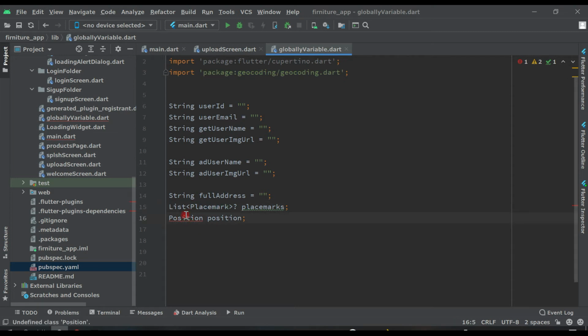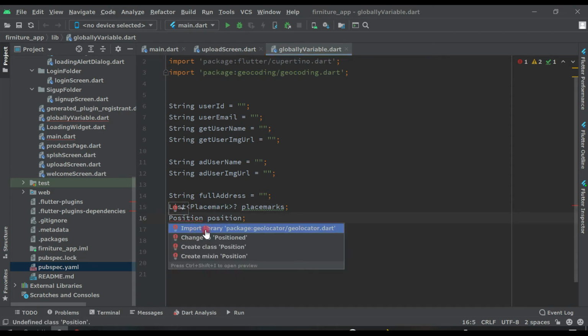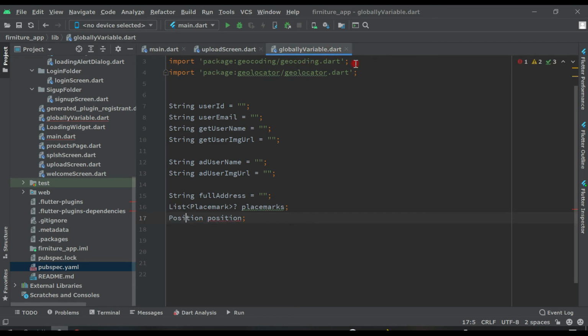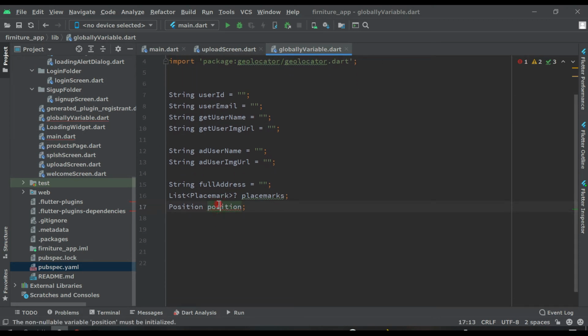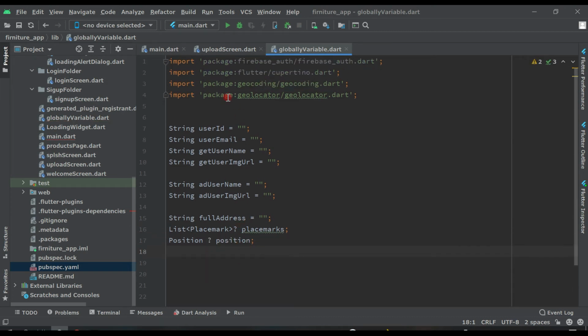Same position, click on it, import library package geocoding. As you can see, geocoding and geolocator, and this position, make it nullable. Click on it and put a question mark here like this.